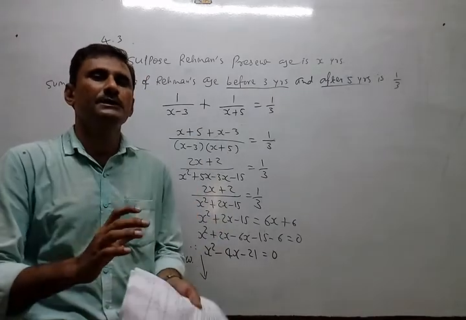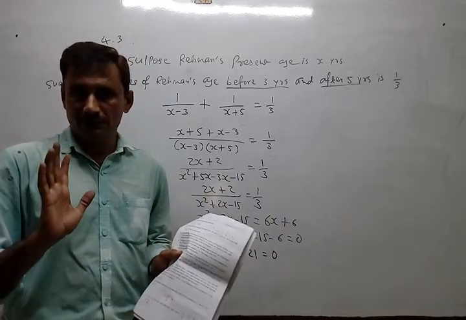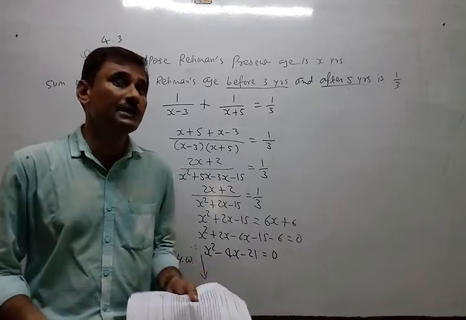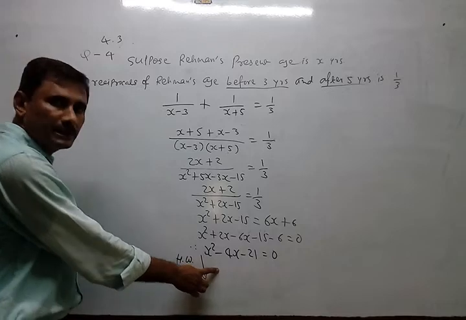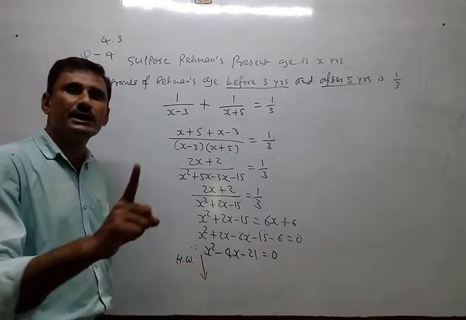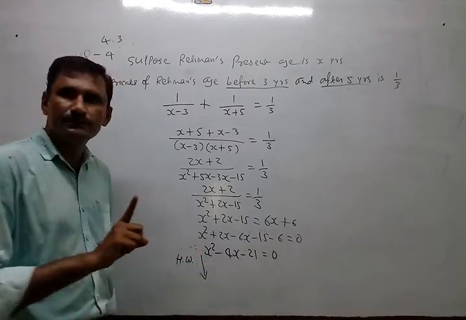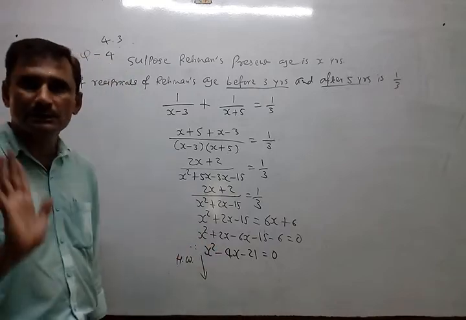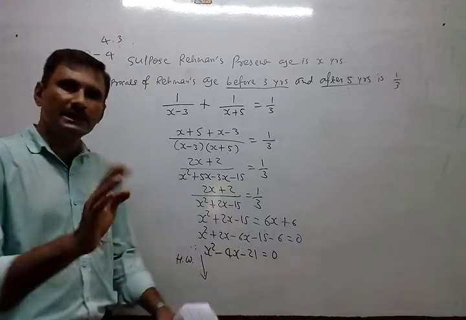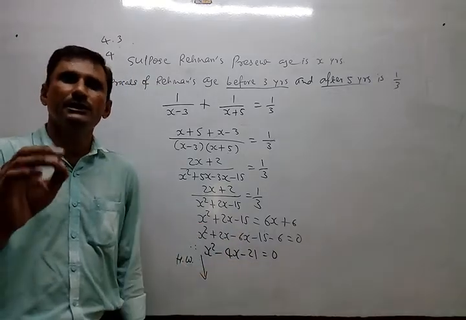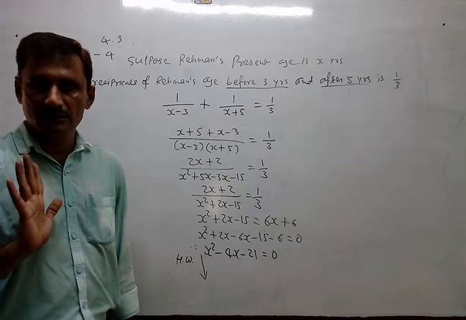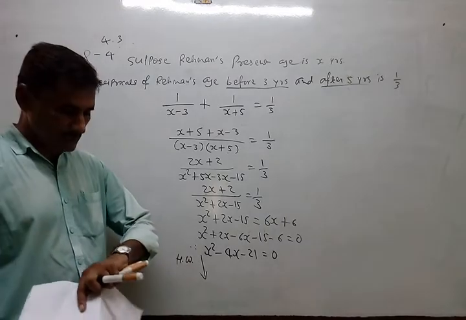So practical things will never be negative. Your height, your weight, your number of students, whatever may be, it is always a rational number, never an irrational number. So always the factorization method will be possible. And earlier I told you, whenever a is 1, at that time you can write the factors directly also. And if you don't write directly, then just factorize by our splitting method, so that you will get two answers. Negative number should be neglected and the positive number you have to take. So that positive number will be our answer.